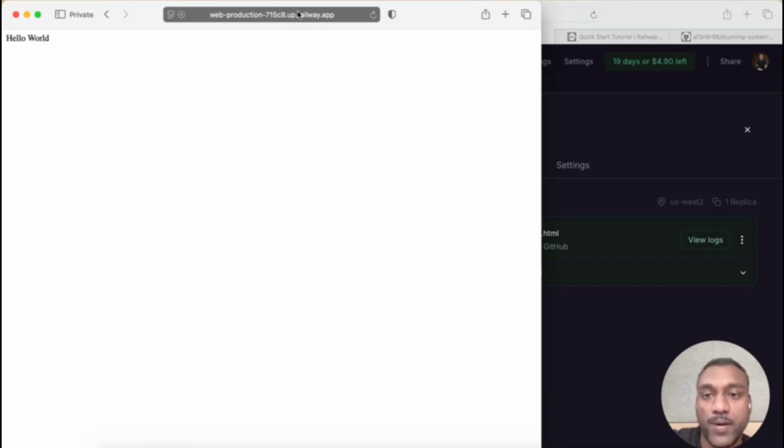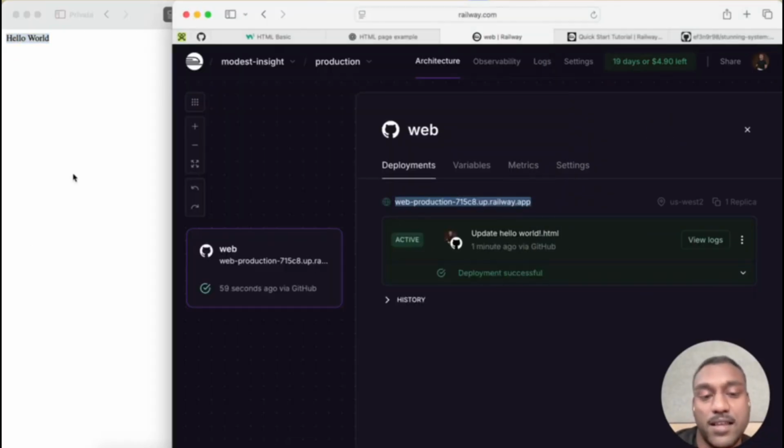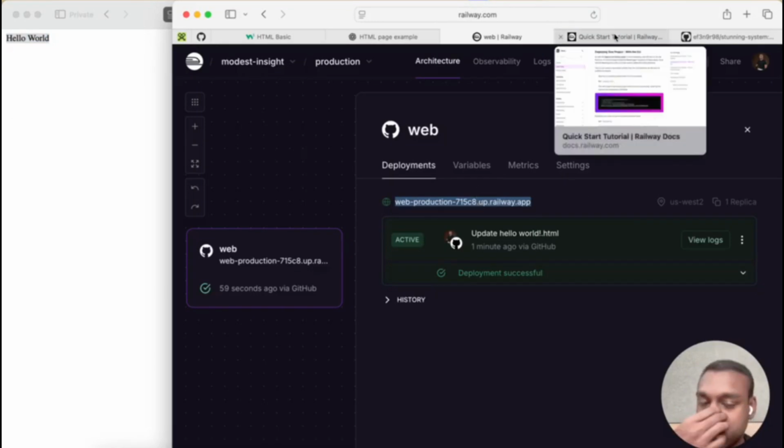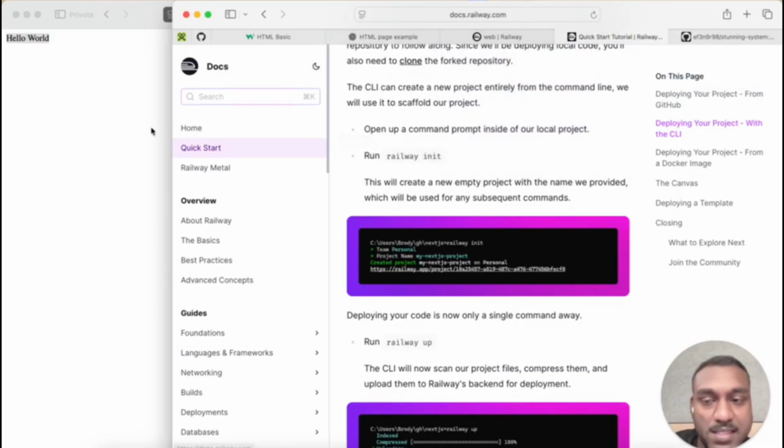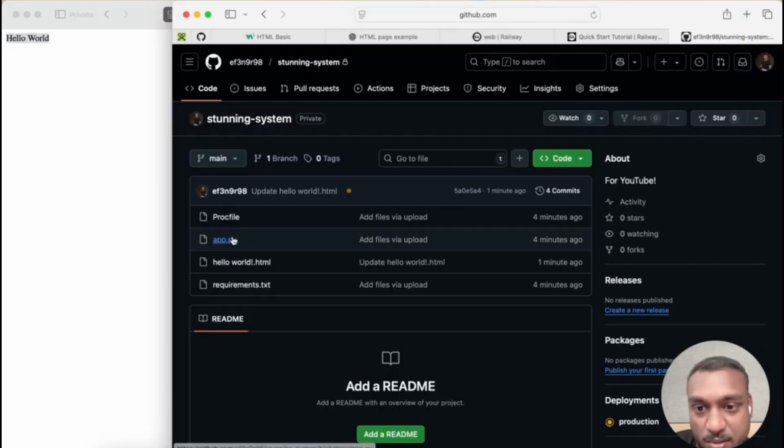If you were to go on your phone right now and look at this, you will see the exact same thing. You'll see hello world. I mean, maybe not, because in a few seconds we're going to try changing this, but you'll see that the website is live. Okay, so what are we going to try and do? We're going to try and change the words in the Python file and see what happens on the website. So we go to app.py,